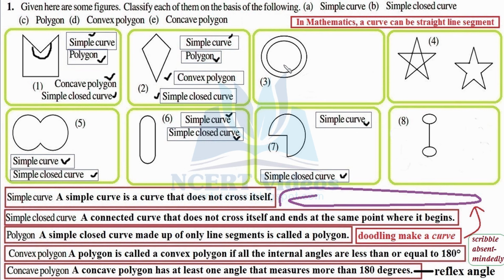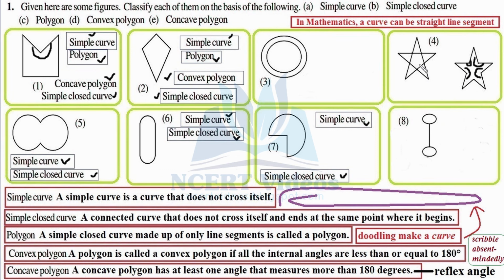Here, it is not a polygon in the first place. Again, it is not a polygon in the first place, but here it is. So if we were asked to find whether it is convex or concave, here it is a concave polygon. Why? Because these angles are obviously greater than 180 degrees. Similarly, this angle, and this angle. Therefore, it is a concave polygon. But it is not the question. We are just giving you an example.